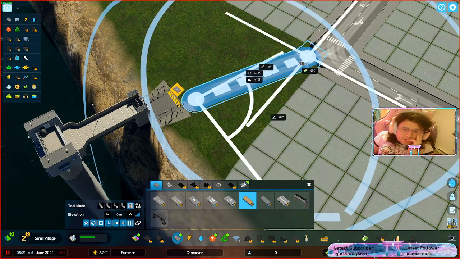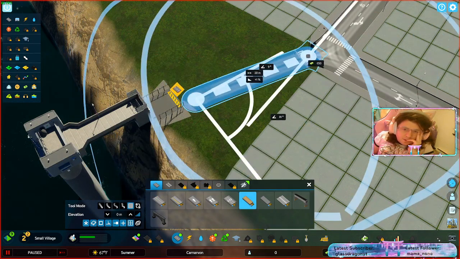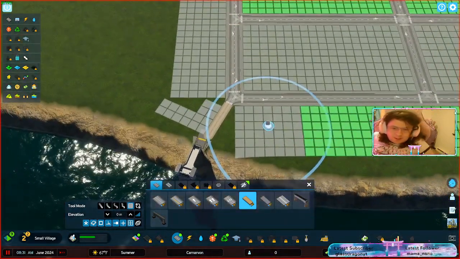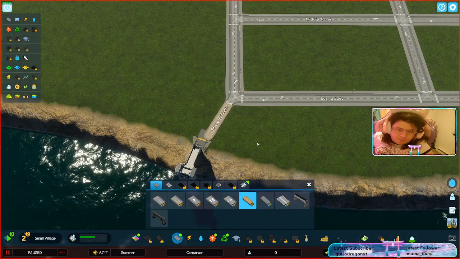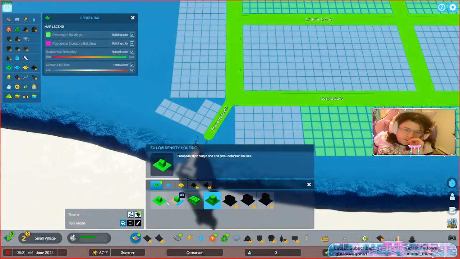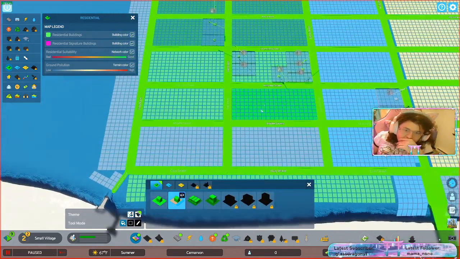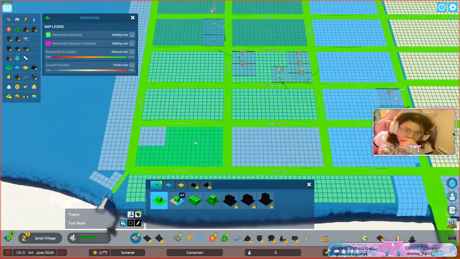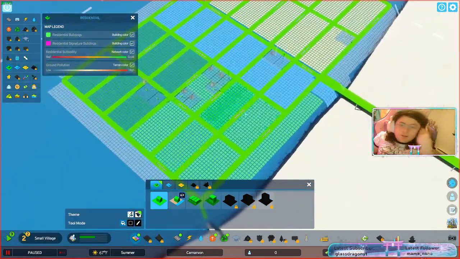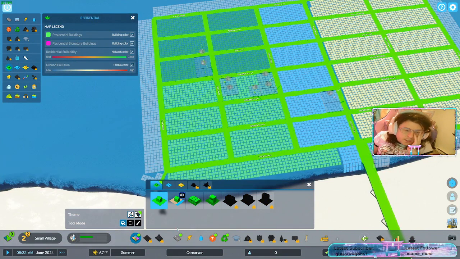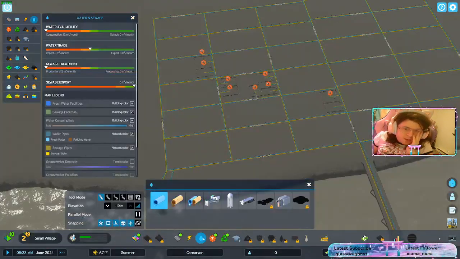And I'm wondering if I can just put a dirt road leading down that way. Low density down that way as well. Now we also are going to need to provide